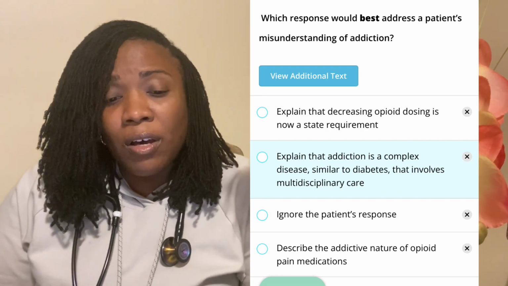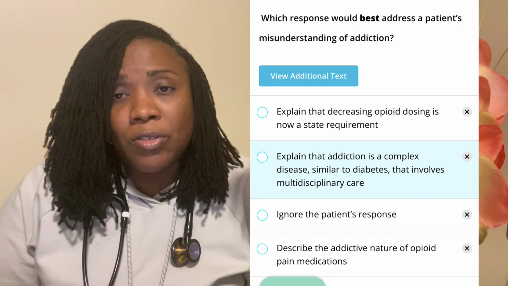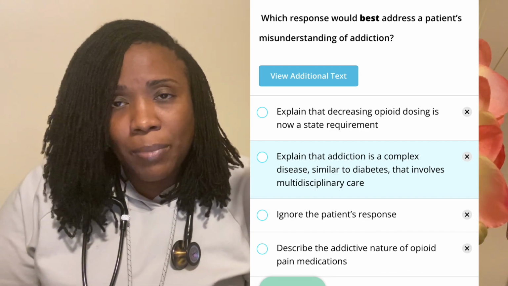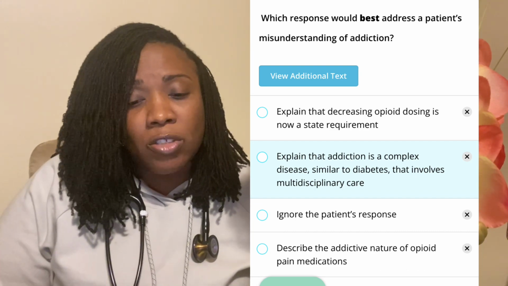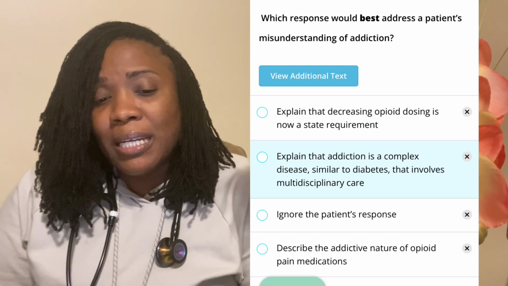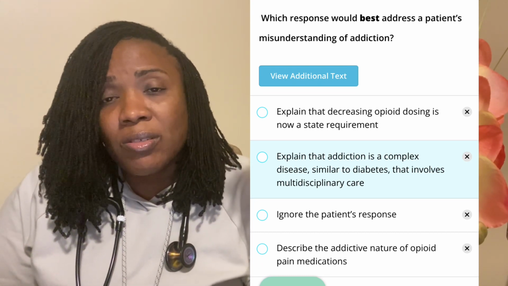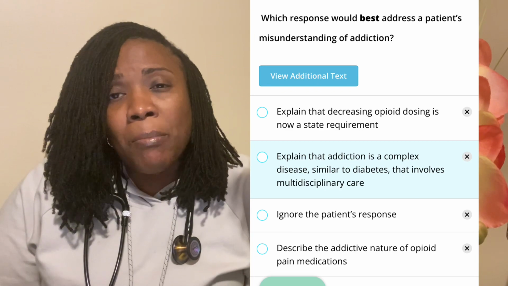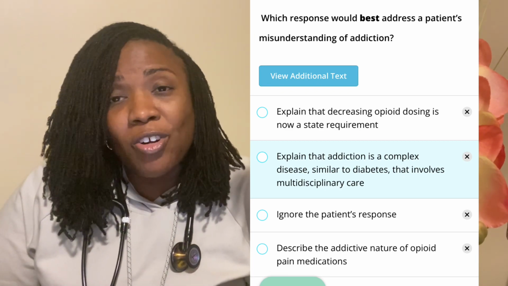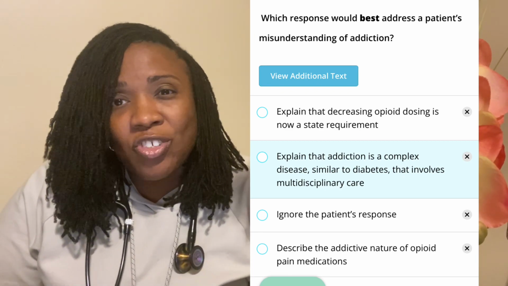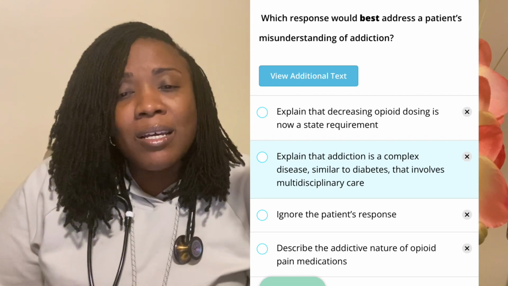Multidisciplinary care. As for the other options, ignoring the patient's response is completely out of pocket. You don't want to do that. But describing the addictive nature and explaining that decreasing the dosage is a state requirement are important, but they're not the best. They wanted to know the best choice answer that you would use, and that would be